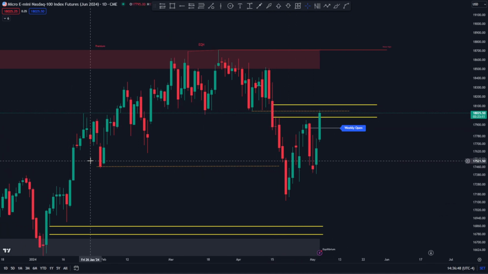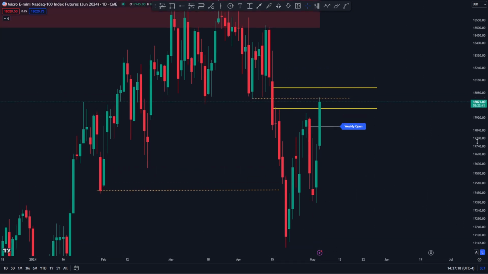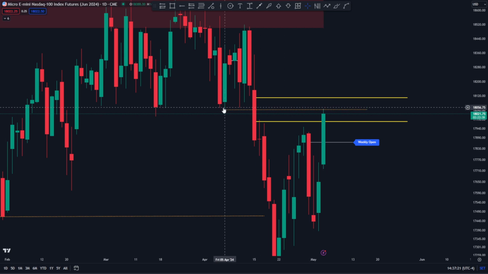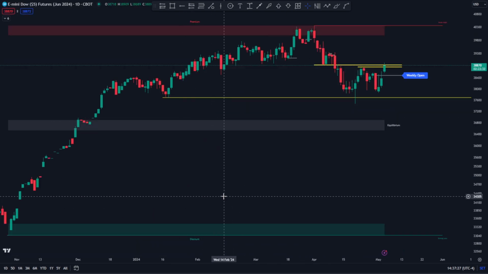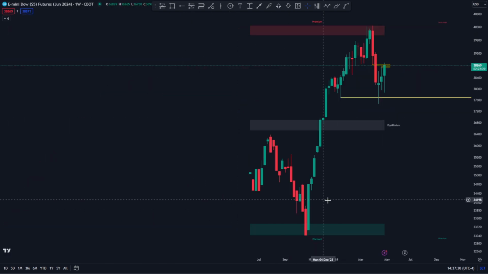Let me back up and say that we've swept this level of external range liquidity here. So what the market will want to chase and go to next is internal range liquidity, which is basically any imbalance, any kind of gap. This is the bigger high level area up here. I had a feeling it was going to target this area, and it did, basically right to the tick right here. If we flip to YM, if we go to the weekly on this guy,